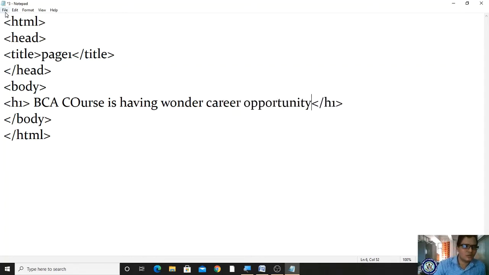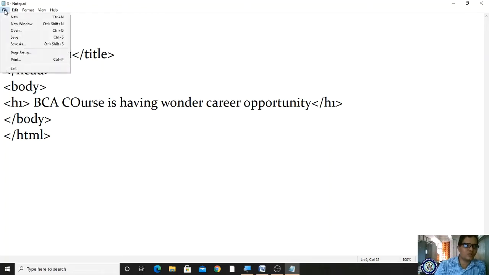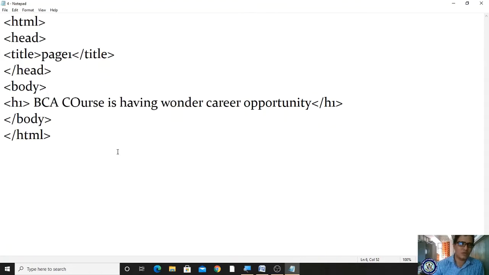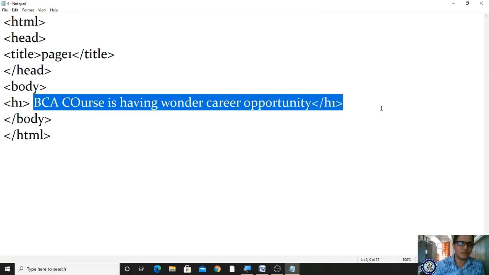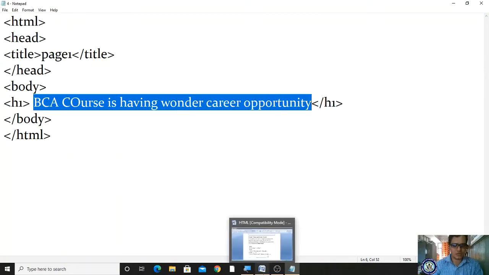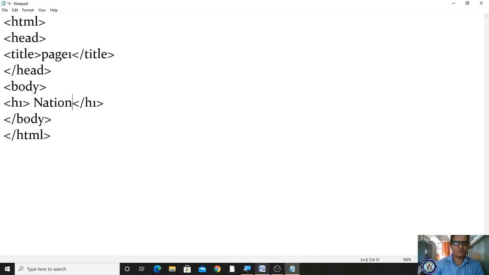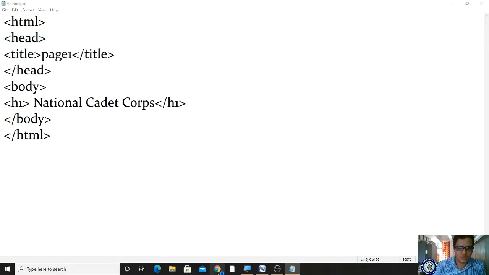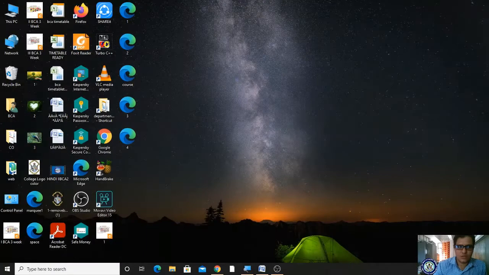Okay, so I have saved 3, and I want to save one more file, 4.html. I'm saving now, and I will give it National Cadet Corps. Okay, I'm saving now, and that's it. So how many files exist? 1, 2, 3, 4, 5. Those are the courses I have taken, right?